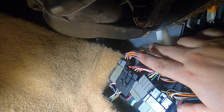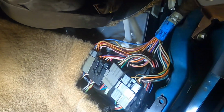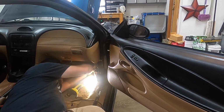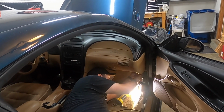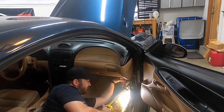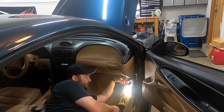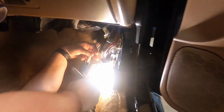So we need to get back in here and remove the factory ECU. We gotta disconnect some connectors, but that won't take too long. Okay, we get the ECU slightly pulled down, exposing the little 10mm nut before pulling it all the way down, so this way we can just